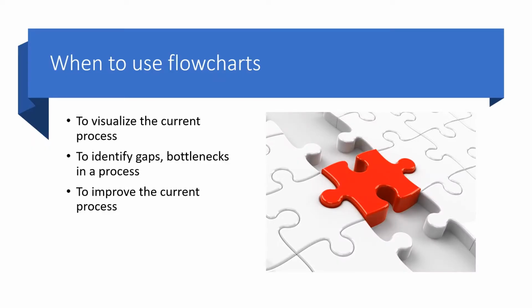Okay, so when should we use flowcharts? We use flowcharts to visualize the current process, to identify gaps and bottlenecks in a process, or to improve the current process. A flowchart of a process represents a roadmap drawing of the current situation as it is. However, we could use this to improve the current process by identifying opportunities for improvement through identifying weak points in